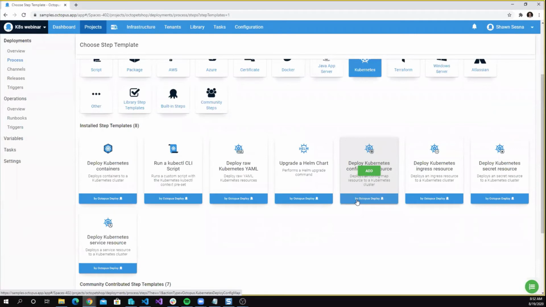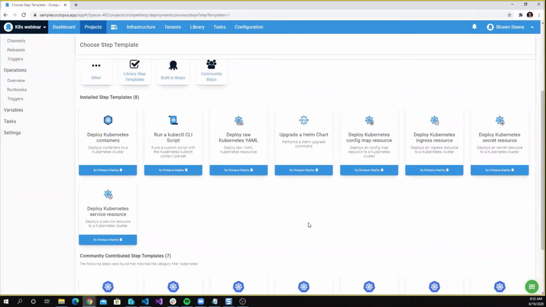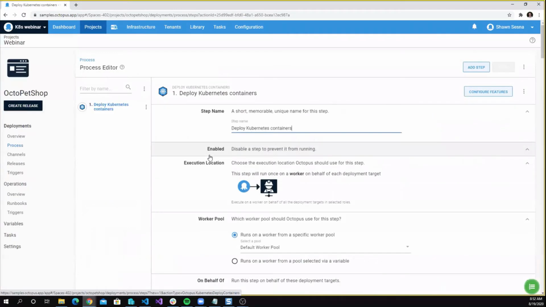And when you click in here, you can see that we have 8 built-in step templates, as well as a few community step templates that people have created to go along with it. For this demonstration, we are going to be using mostly this deploy to Kubernetes containers step. So I'm going to click on add here